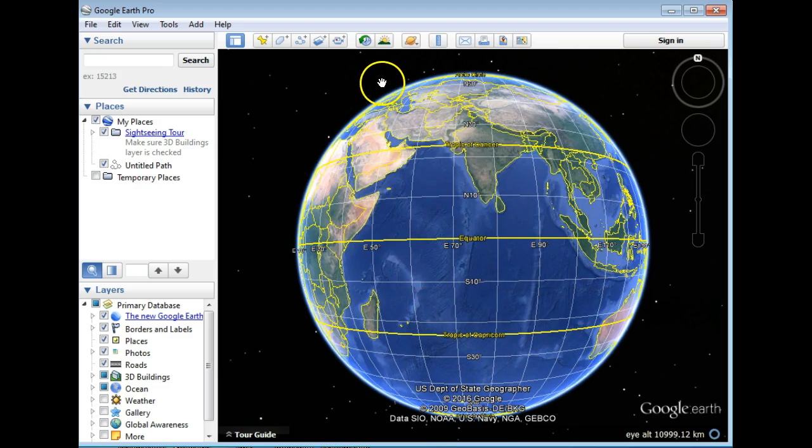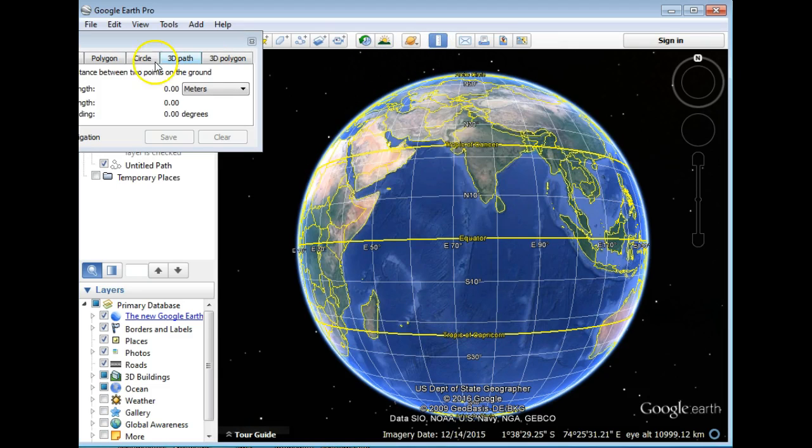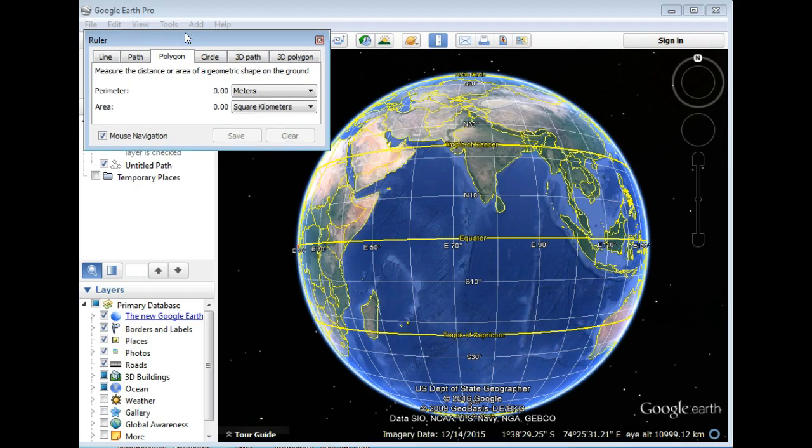So just to show you that tool. We go across here to rulers, and the polygon tool is this one here. Just drag that back into the screen. There we go. Now I would probably zoom in a bit closer to do this, but just for now we'll just show you how this tool works. If I click my crosshair on the corner of that and then go to the other corner and click to the next corner and finally to the other corner, you can see up here that particular rectangle has an area of